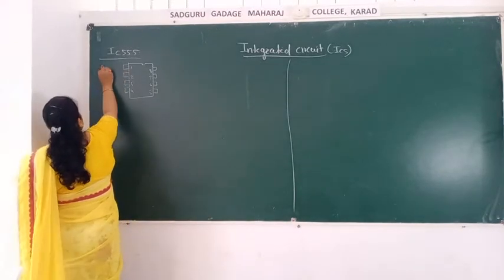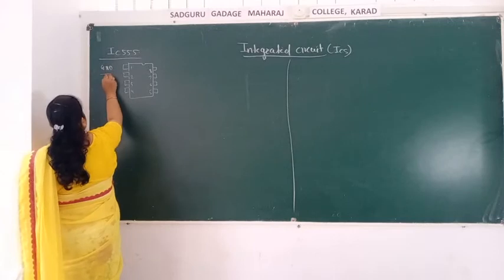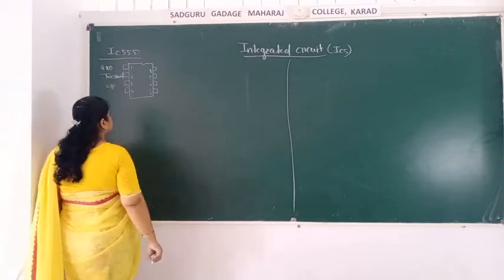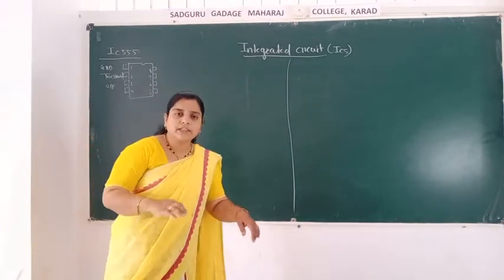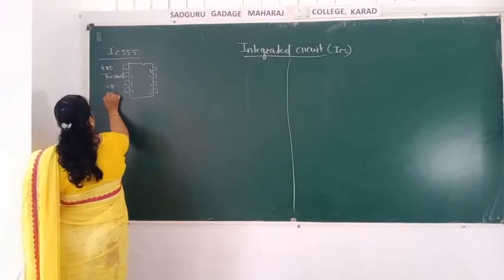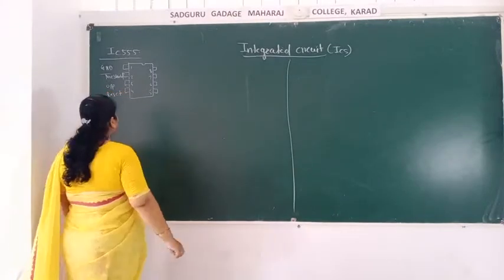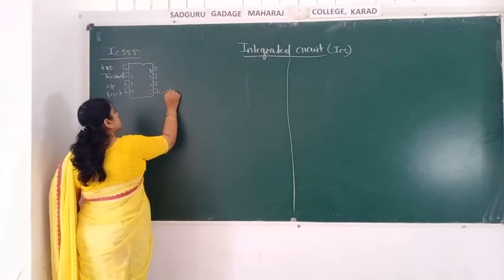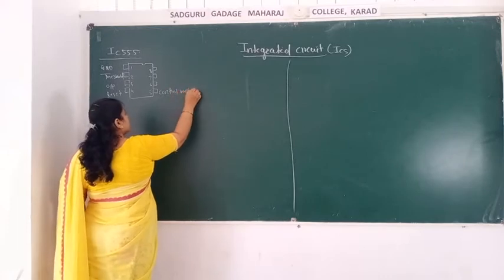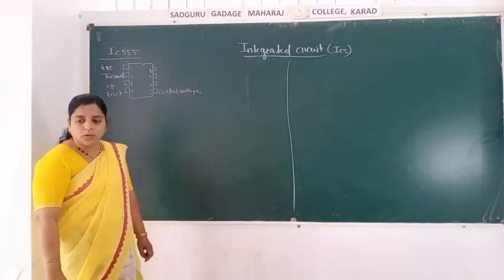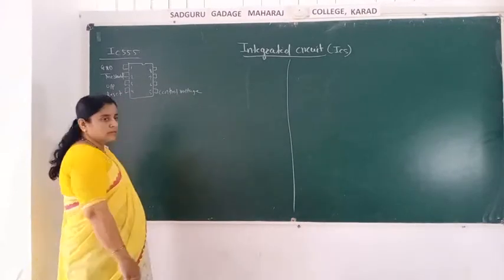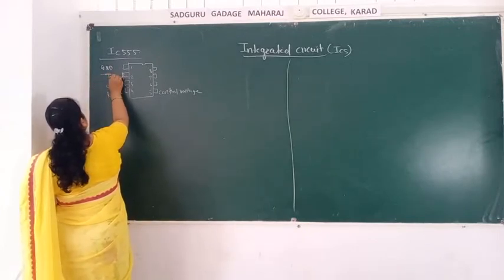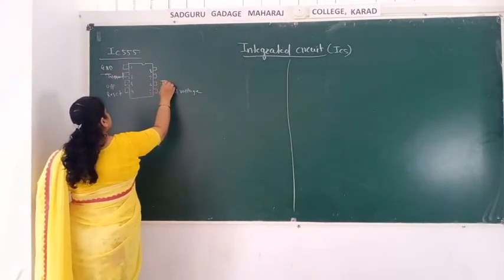That is, pin number 1 is given to the ground of the circuit, second is the trigger, and at third we are taking the output of the circuit. Each and every pin has its own function, and again I am repeating this. Pin number 4 is used to reset the circuit. Pin number 5 is the control voltage, and here the trigger is at pin number 2. The trigger circuit is there, and here the threshold voltage is there.